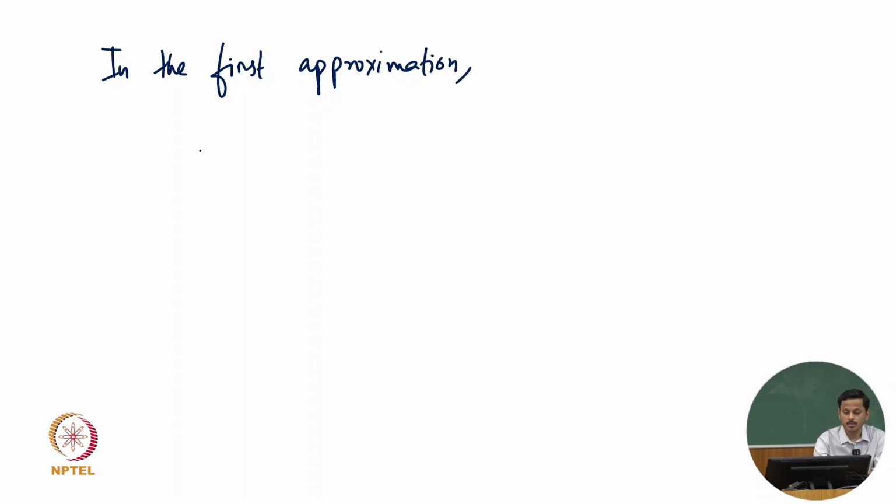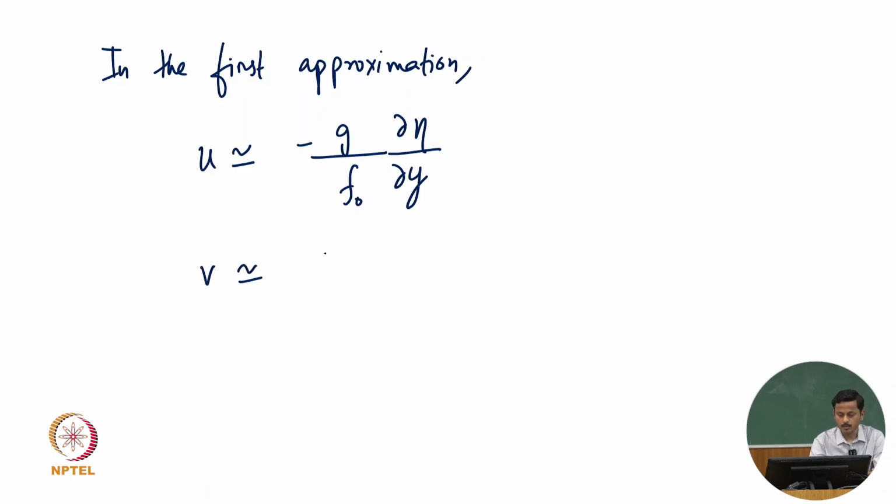in the first approximation, that is the leading order balance, u is approximately equal to minus g by f naught del eta del y, and v is approximately equal to g by f naught del eta del x. So we are throwing away the time derivatives and the term that has beta naught. So using these terms in the full equation,